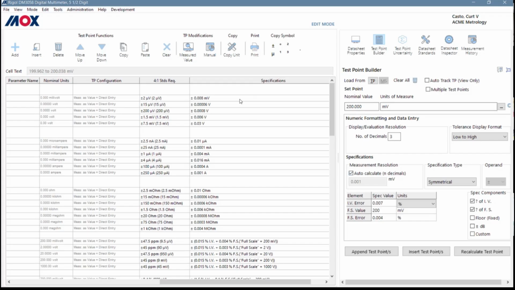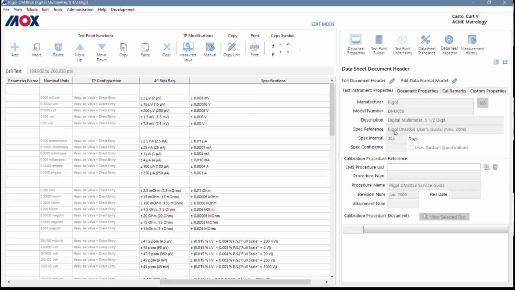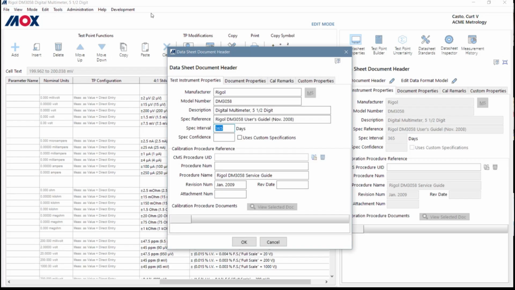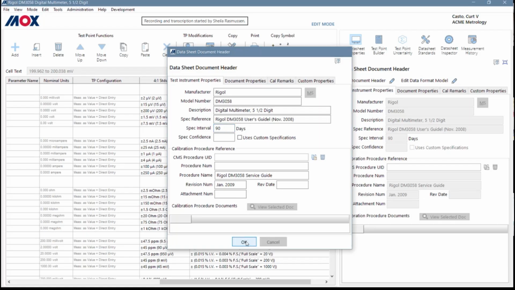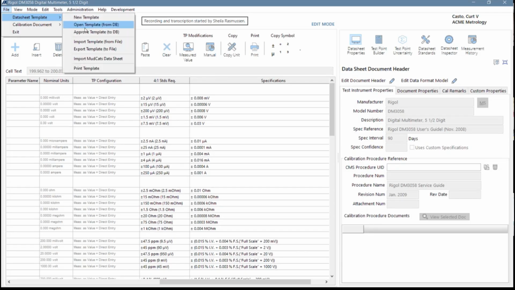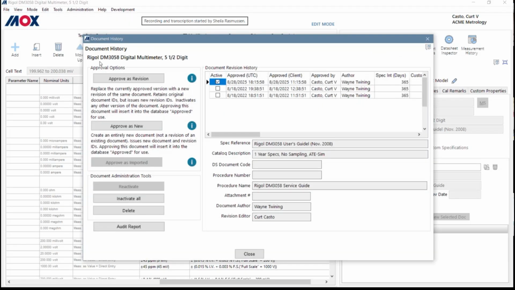Then I would come to my header and change this to 90. And when I'm done, I come in here to approve, but now I tell it to approve as a new document, not a revision. This will issue all new document identifiers. Every document